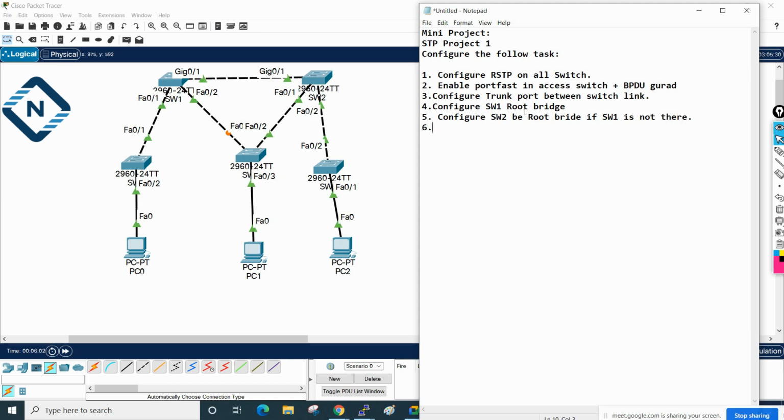Means what I am saying, this guy should be as a king switch, this one. If he is switched off or it is broken, this guy should become as a king switch. These switches should not become as a king switch, because imagine in the real scenario, in the organization we will have high configuration switches in this.